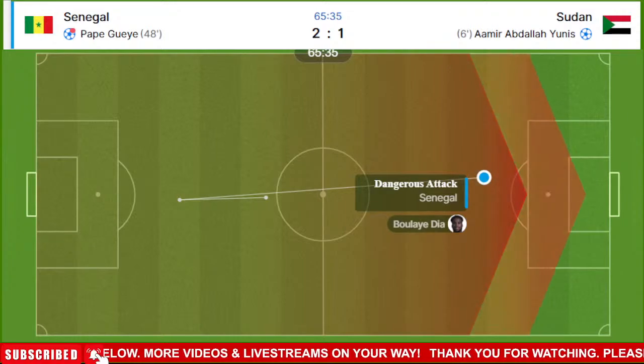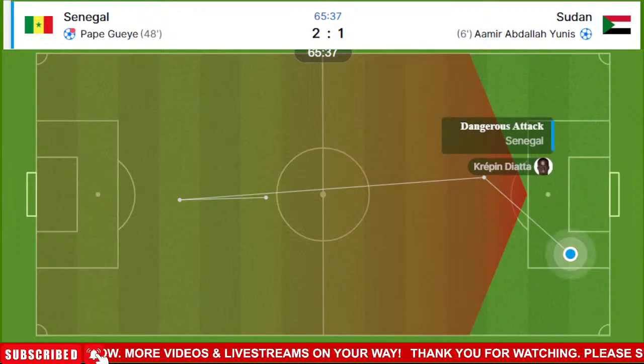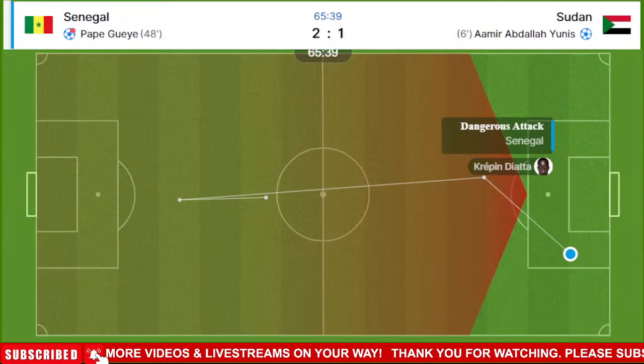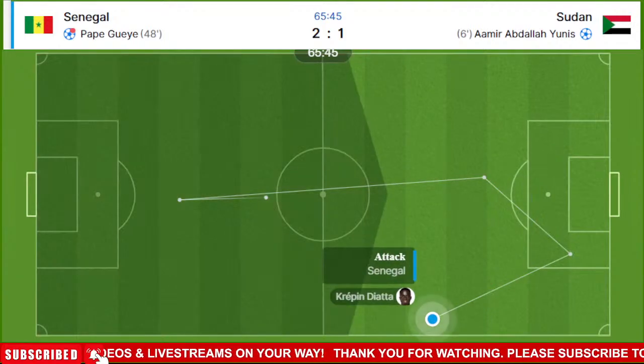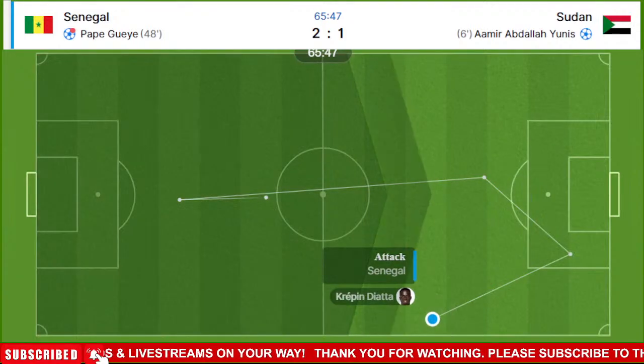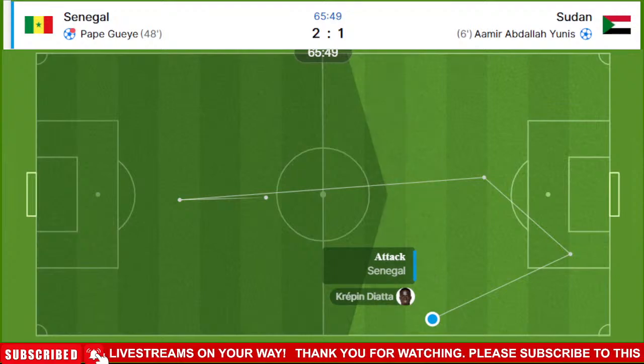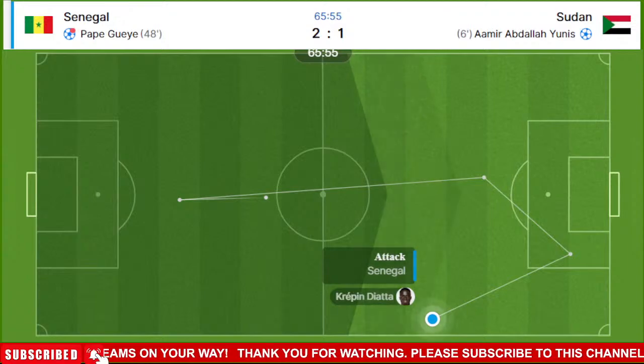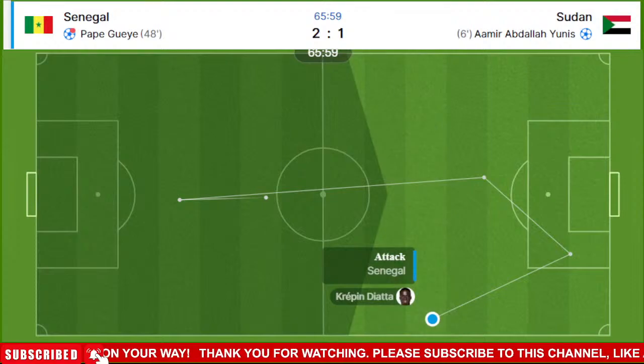Clearly unhappy with the way his team are performing in this second half, because it is rather evenly poised, it's fair to say, despite the scoreline being in Senegal's favour. Still leading by 2-1, and the referee has just gone over to speak to one of the Sudanese players who makes his way off the field to receive